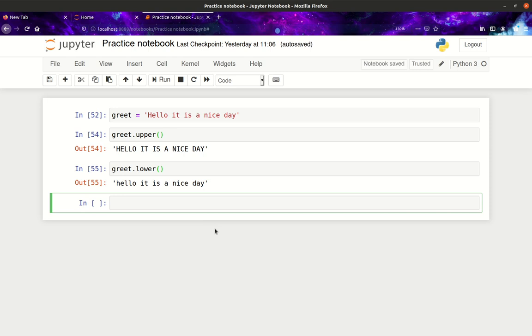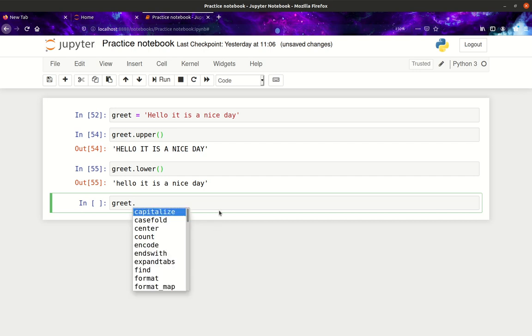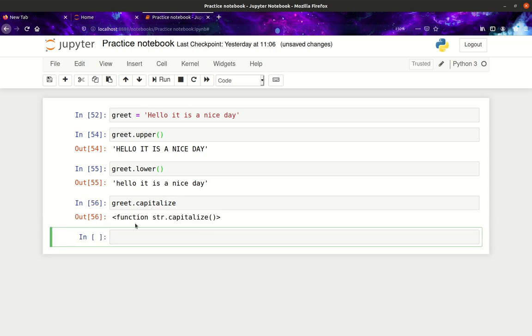So we can write greet dot and then press tab, and there we go, it's the first one over here. So I'll just click that. Let's do this, and it's telling me it's a function and it happens on a string, and you need to use this method. Okay, so greet dot capitalize, let's add our brackets again, and there we go, it capitalized it,